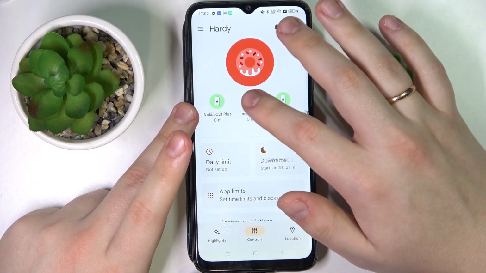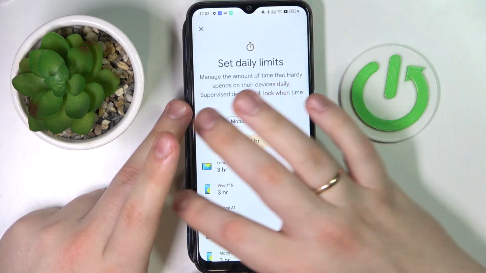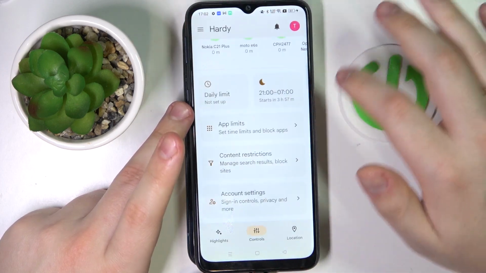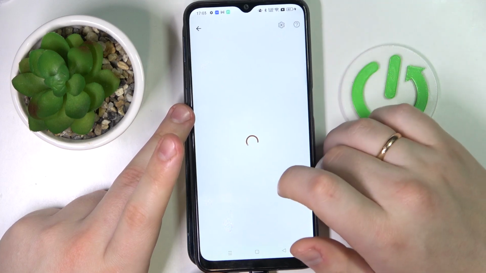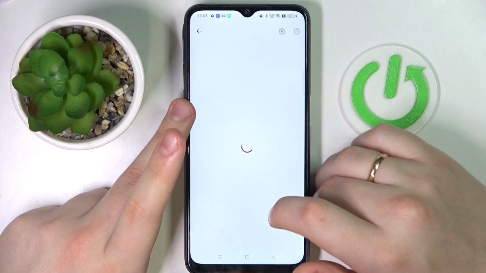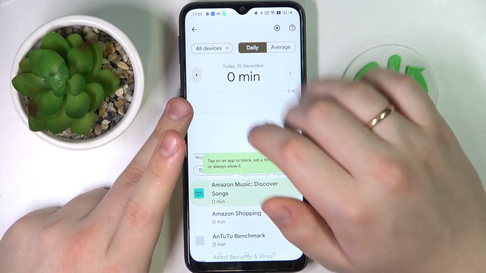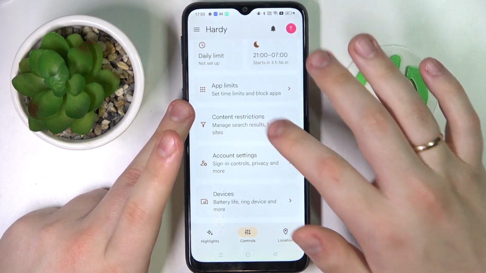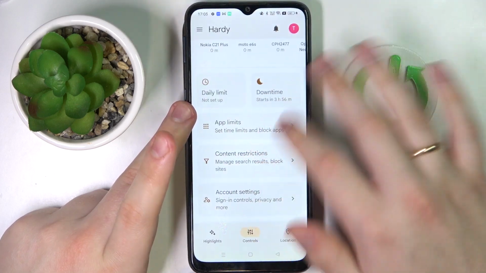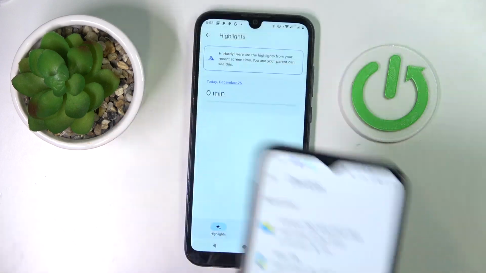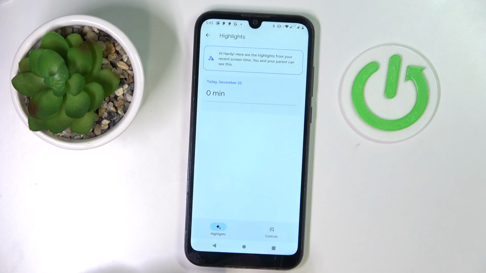Motorola E6S. In here, we can set up daily limits for the child, some routine or downtime, configure app activity or monitor app activity and set up some app limitations, apply content restrictions, configure account settings, manage devices, and what's not. Alrighty, so that would be it as far as the setting up parental